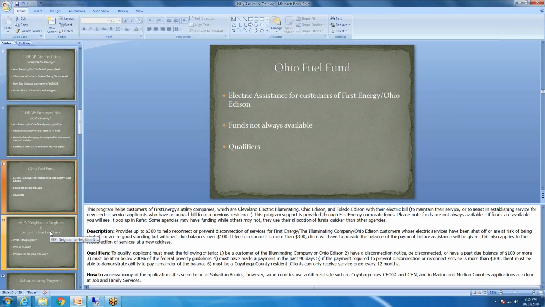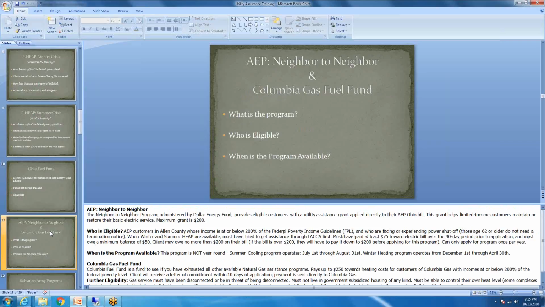Okay. Great. So we'll move on to AEP. They have a program called Neighbor to Neighbor. And from what I am aware of, it kind of works like Summer HEAP or the Summer Crisis program, but this is specifically only for AEP customers. I'm not fully familiar with this program besides what's in Refer, so if it does come up, definitely make sure to see if the program is available, because from my knowledge, it runs from July 1st